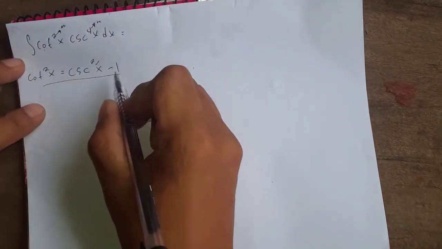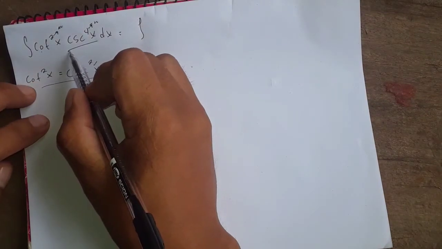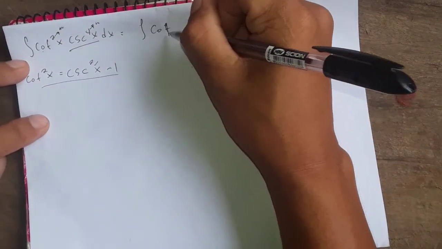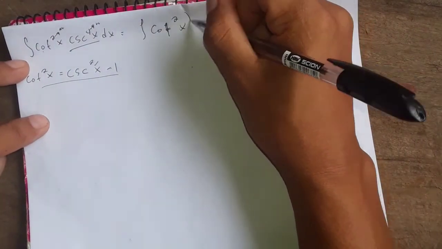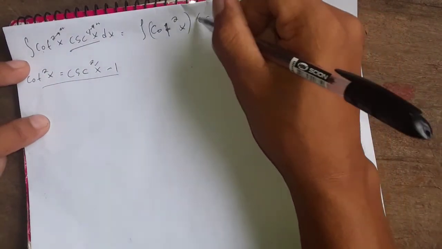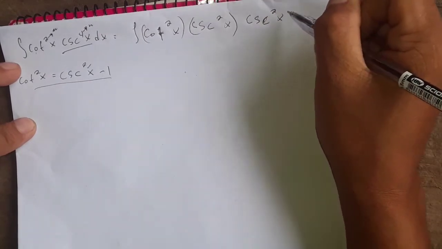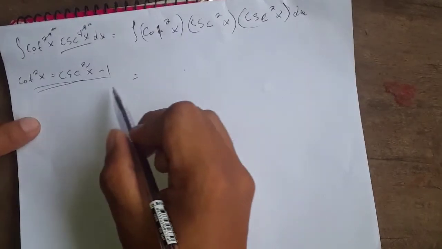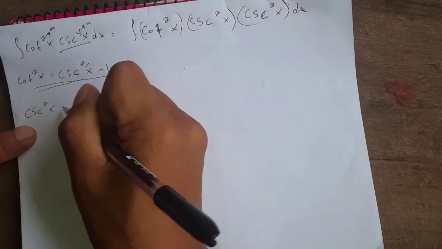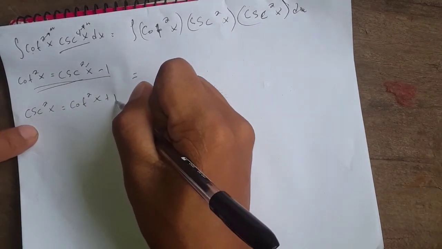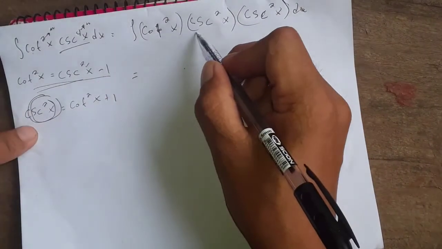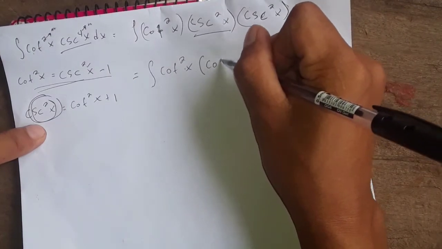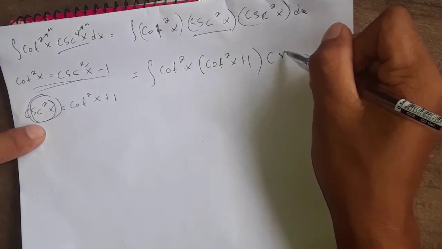To make this satisfy the original formula, what we're gonna do here is break the cosecant function, which has a power of n. So it would be equal to cotangent squared of x times cosecant squared of x times cosecant squared of x dx. Therefore, by substituting from this formula, we simplify cosecant squared of x is equal to cotangent squared of x plus 1. Substituting this into the original function, it would be equal to cotangent squared of x times cotangent squared of x plus 1 times cosecant squared of x